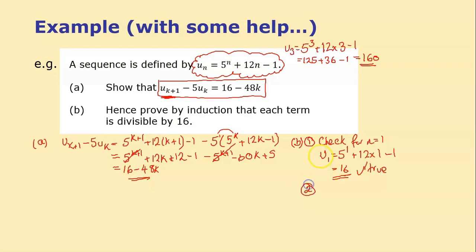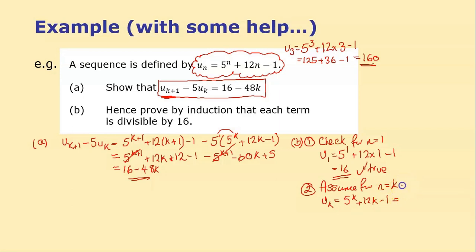Step 2, if you recall, said assume this rule is true for n equals k. Now, I always think it's a bit bizarre. Why am I writing this out again? But there you go. We're just going to write it down. u_k. Now I'm going to write out this formula. It's obviously 5 to the k plus 12k minus 1. But that's actually not the bit I care about. The bit I care about is it's a multiple of